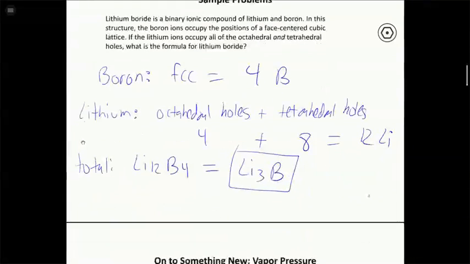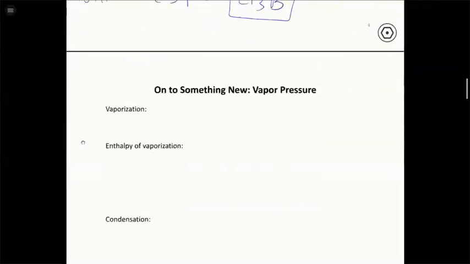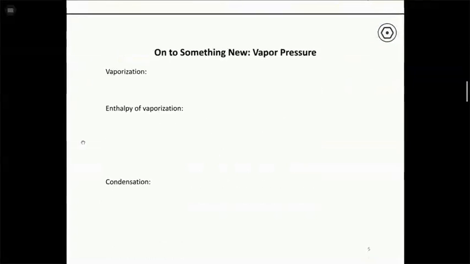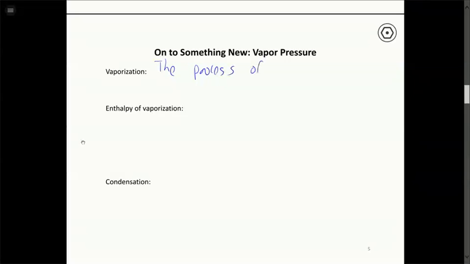All right, so the new stuff is going to be dealing with going back to liquids. So we've talked a lot of details about different types of solids. Now we're going back to liquids. Another property of liquids is vapor pressure. And we want to first understand what vaporization is. Vaporization is the process of converting a liquid into a gas. So it's a phase change. We're going to close up on Friday with even more information about phase changes, but this is one of the phase changes, which is converting a liquid to a gas.